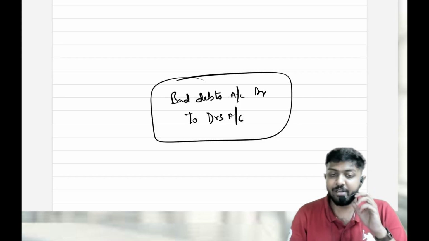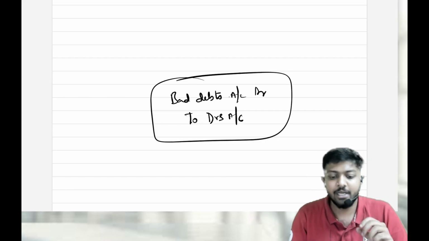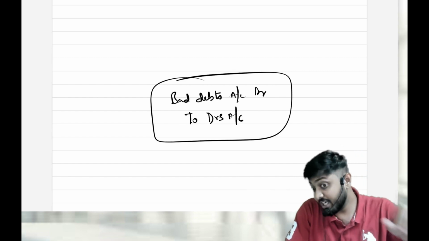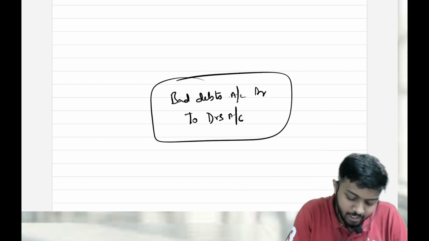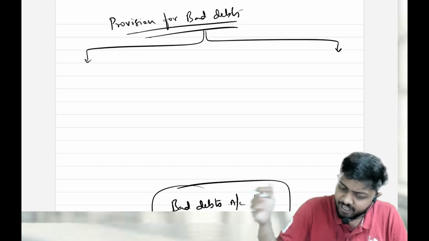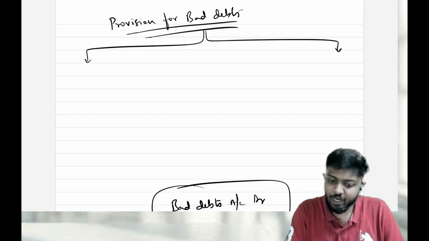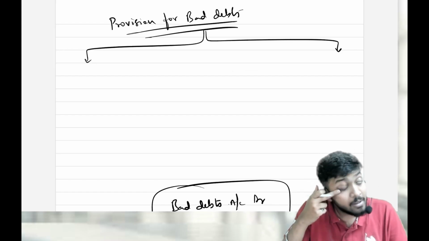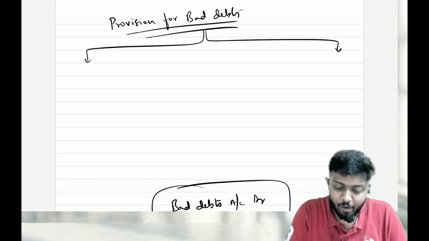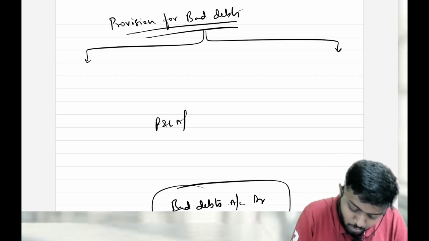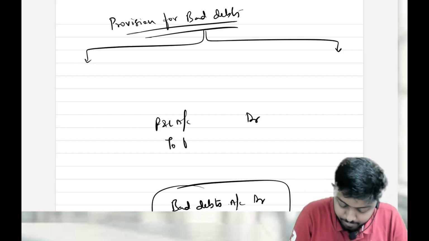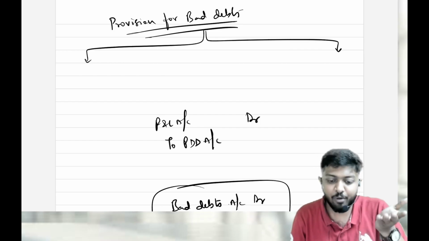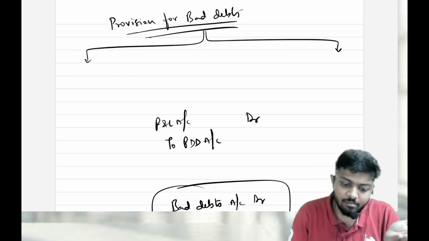Sometimes, as per the conservatism concept we learned recently, if there is a foreseeable loss, we will book it today itself. Foreseeable income we will not book today, but foreseeable loss we will. Now I feel that next year some bad debts will happen, so I will book the provision now itself. The entry to create provision is very simple: P&L account debit to PDD account, the entry for increase in provision. So I'll book the provision now only.